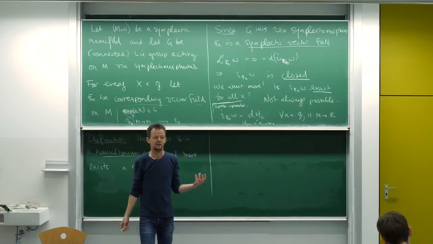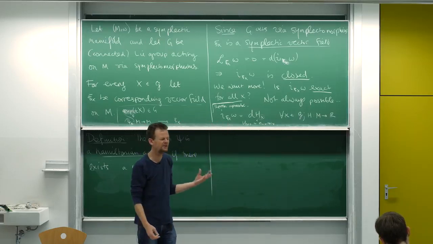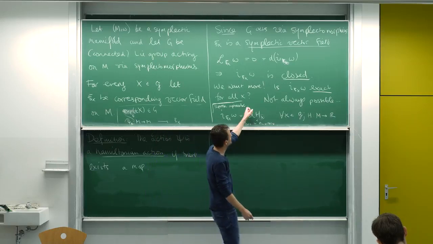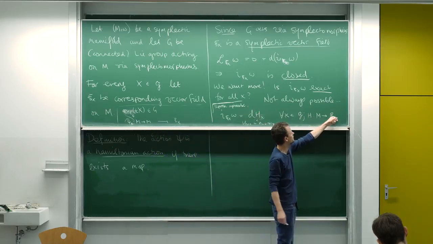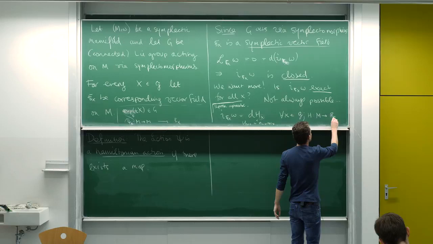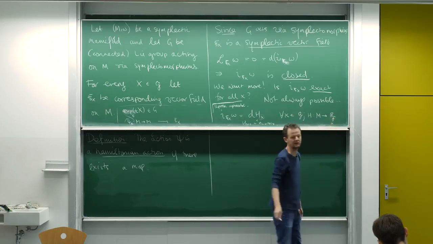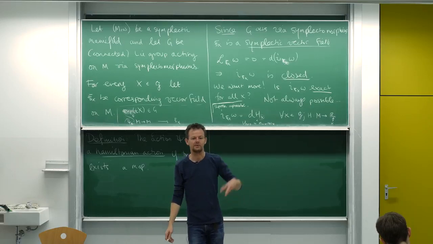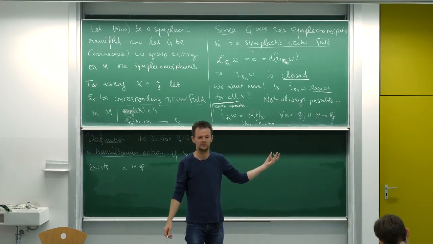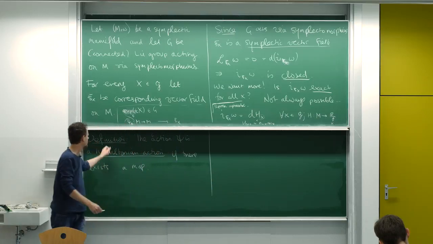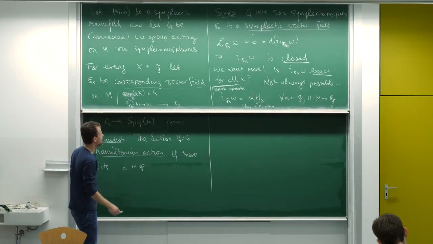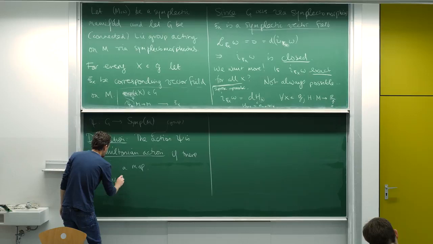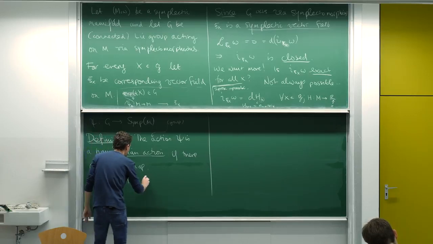So h takes, if you like, at every point in the manifold, h gives you a real number, and how do you get that real number? You get it by putting in an element of the Lie algebra. So actually h is somehow an element of the dual Lie algebra at every point on the manifold. And so what we're going to do is capture that observation